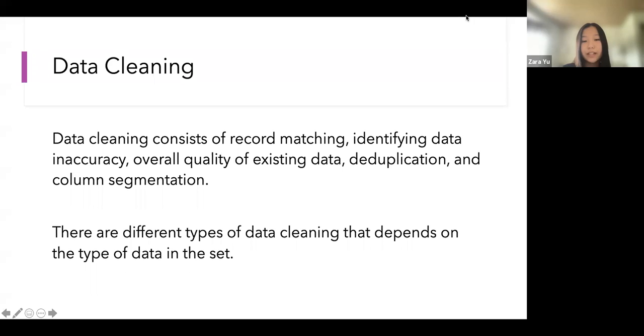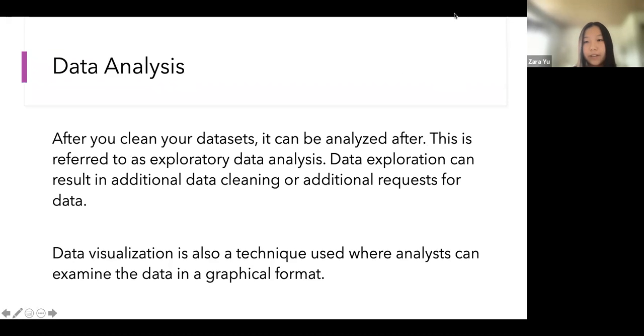So there's different kinds of data cleaning that depends on what kind of data you actually have in the set. So you have to determine it again on a case-by-case basis. Then we have to do data analysis. So after you clean your data sets, it can be analyzed after, and this is referred to as exploratory data